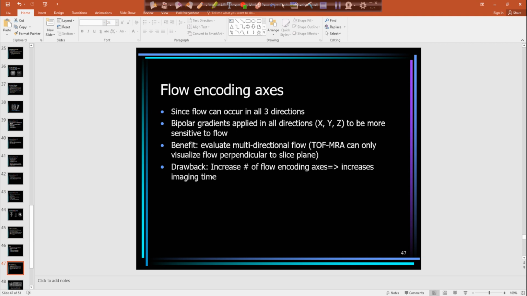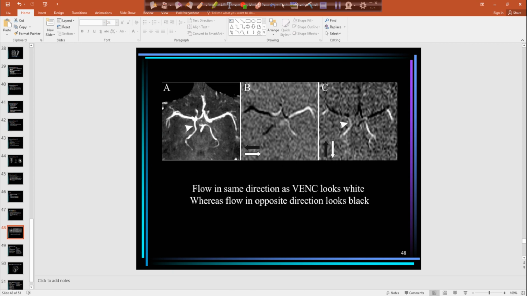Anytime you add more gradients, it will increase our imaging time. So as you go from a 2D PC to a 3D PC, it's just going to increase our imaging time. So here we have our circle of Willis, and sometimes this is what it looks like with these